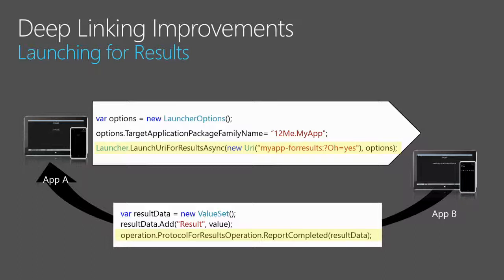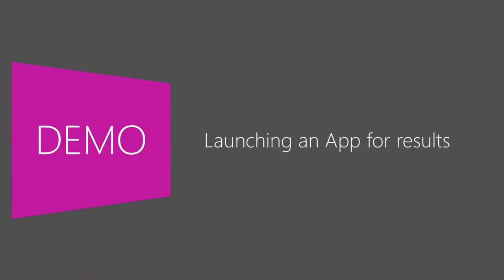Now, the value set isn't a new construct. It actually was launched in Windows Phone 8.1. It really is key value pairs, and it's based around primitives, strings, ints, doubles, those kind of things. It's basically the platform's version of JSON to a certain extent. It's a property bag, dictionary, that you can pass backwards and forwards for messaging. Okay? So, let's have a look at how we do that.